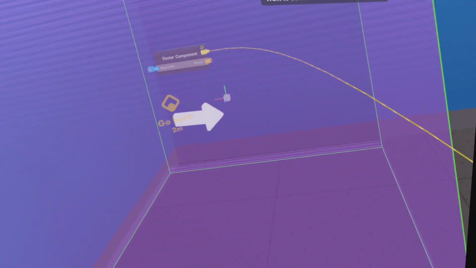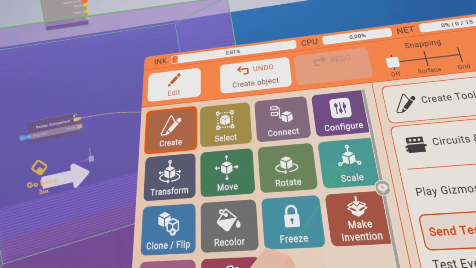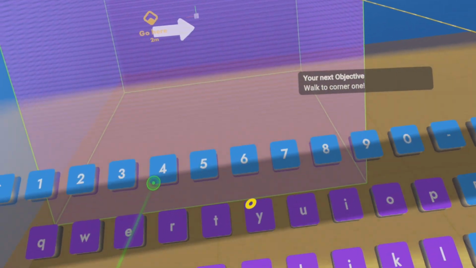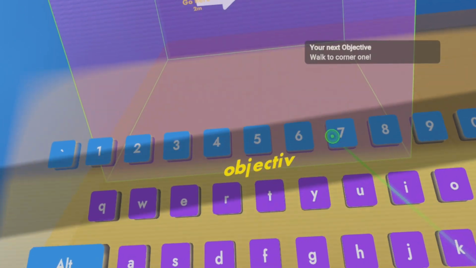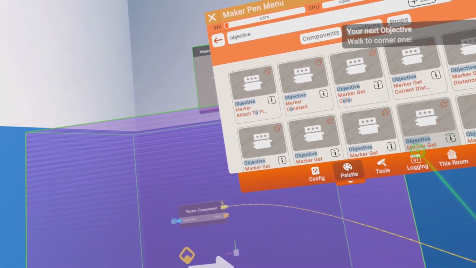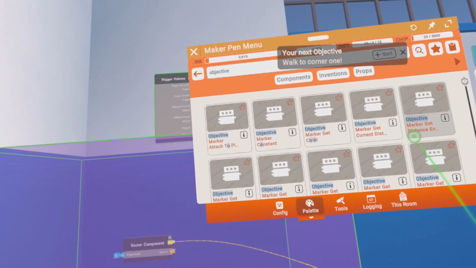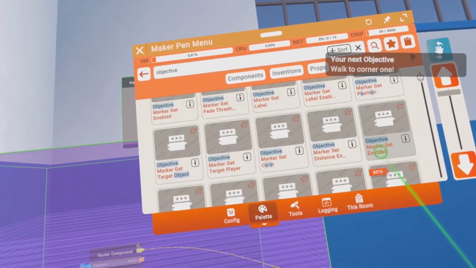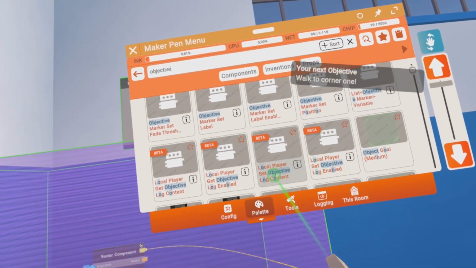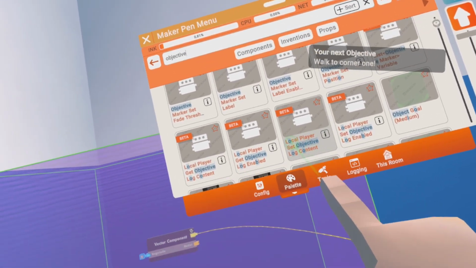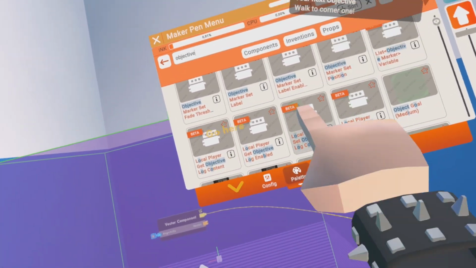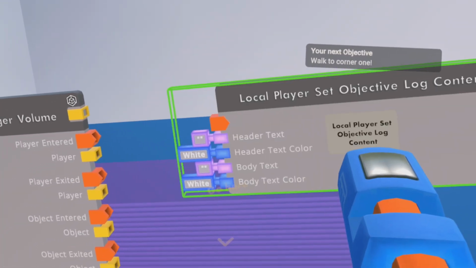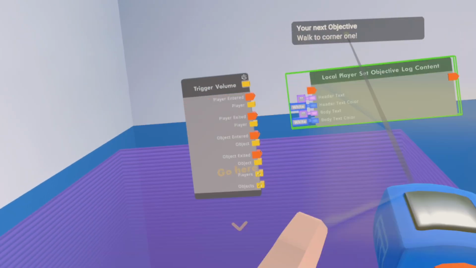When people step into this, you use the objective search function again, not marker, not constant, it's called objective, it's the beta: objective, local player set objective log content. It's already enabled, you don't need to do anything to this, just go here, and if the player enters this,